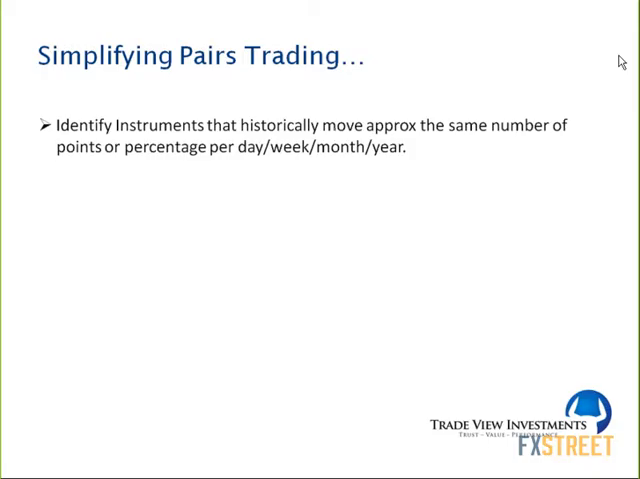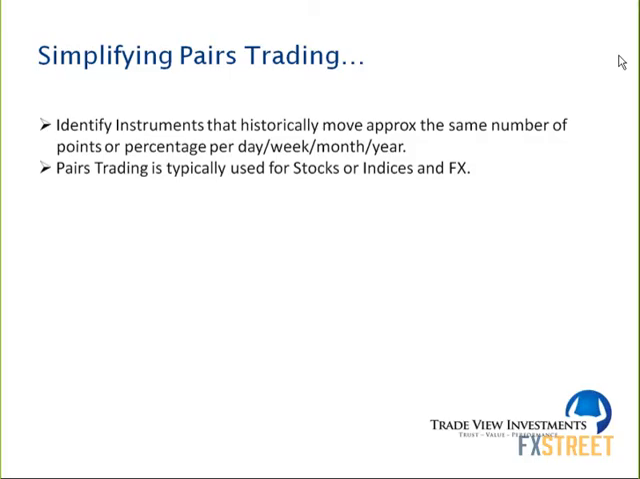Okay, simplified pairs trading. What we want to do is identify instruments that historically move approximately the same number of points or percentage per week, per day, per month, or per year. If you want to get really aggressive with pairs trading or stat arb, you could bring it down to a 1 minute or a 5 minute time frame, but we'll talk about more of a daily basis in the presentation, just to give you an idea, because we did a presentation last month, and I'm going to show you how that